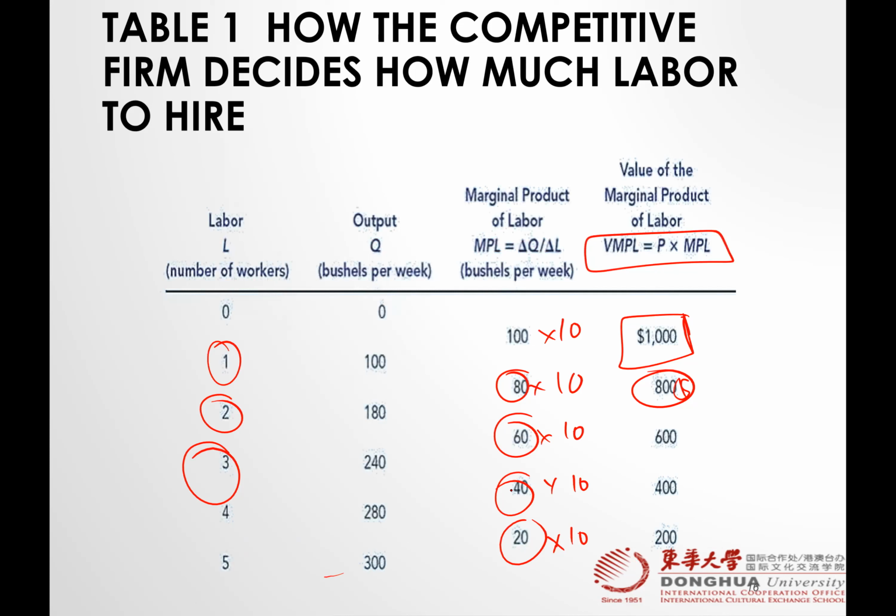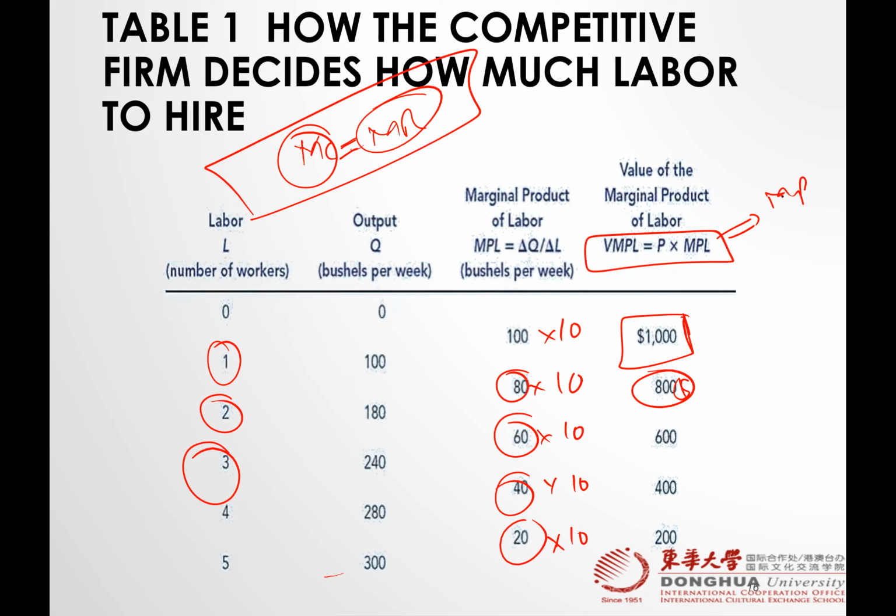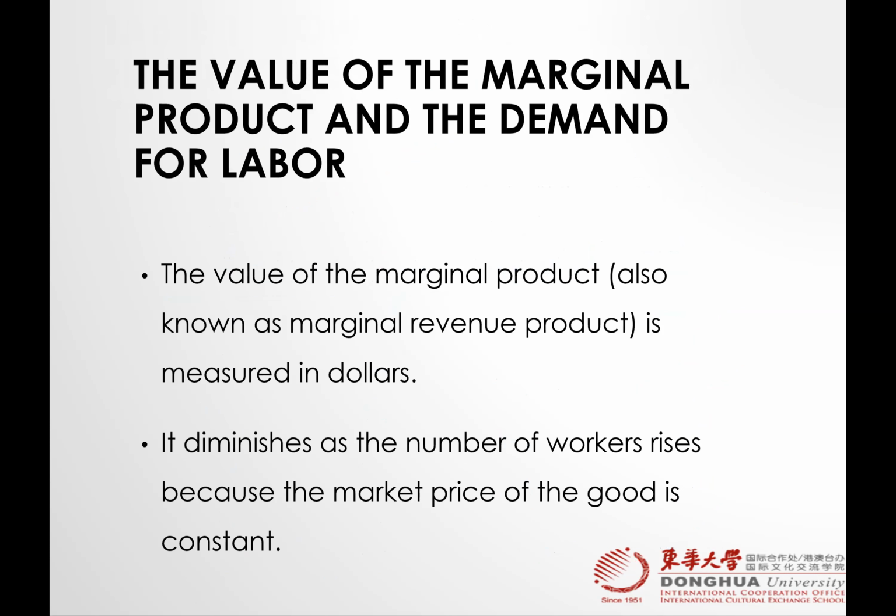Now remember our profit maximization condition in our markets, that is MC is equal to MR, right? Which means this is the cost and this is the revenue. The same concept applies here. So we can call this MR, revenue. The additional person that we hire in our production is giving us 1,000, 800, 600, 400, 200, right? And what is his cost? His cost is the wages.